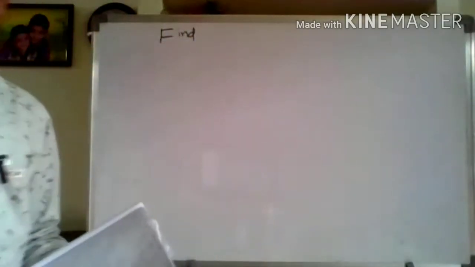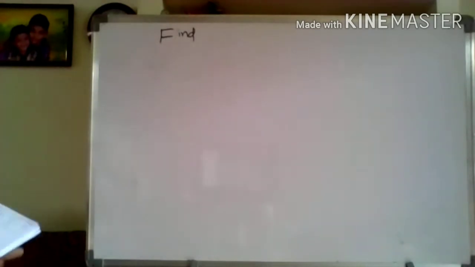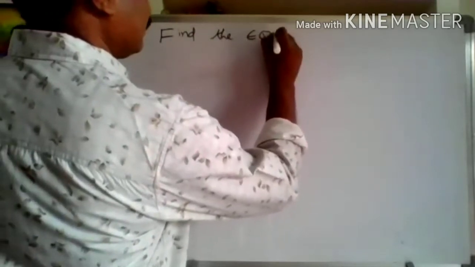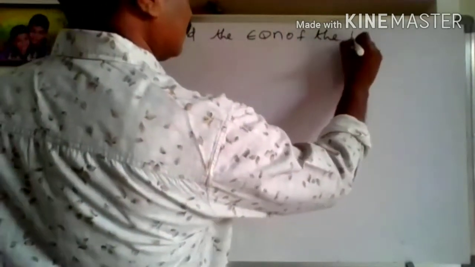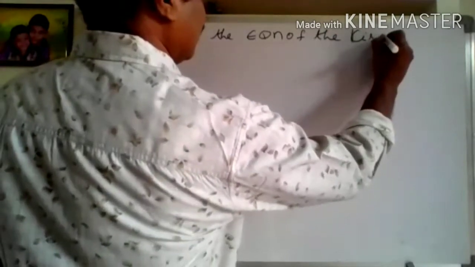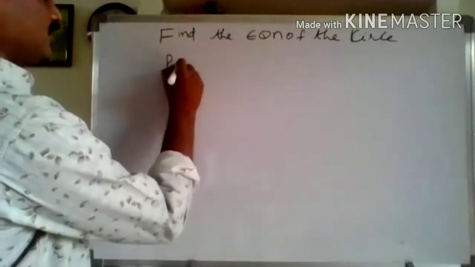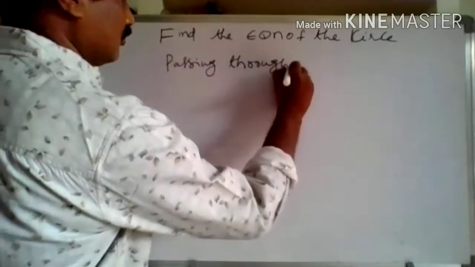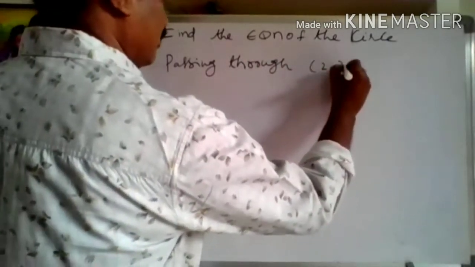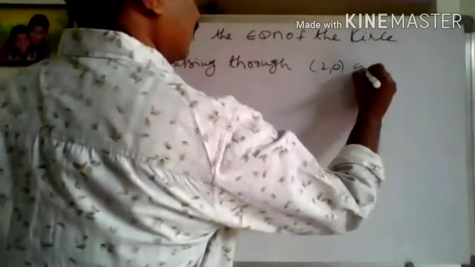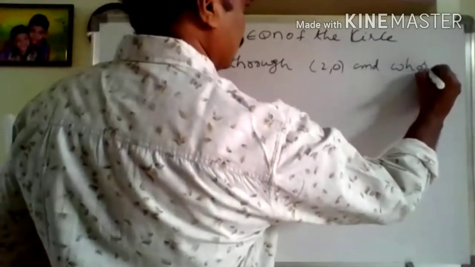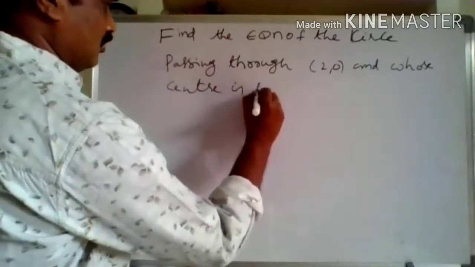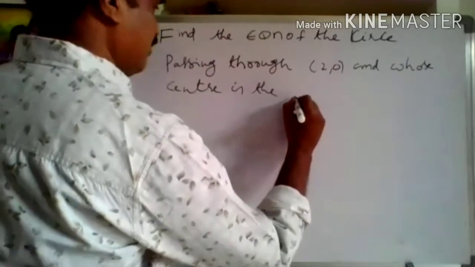Next problem. Find the equation of the circle passing through (2, 0) and whose center is the limit of the